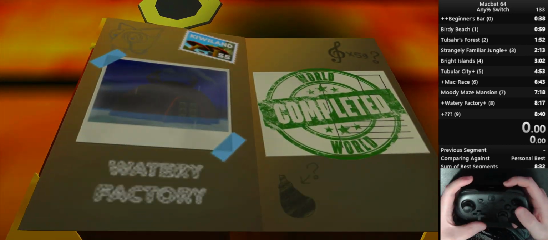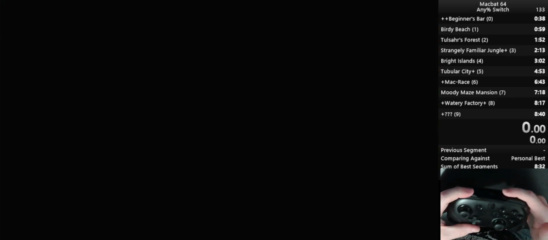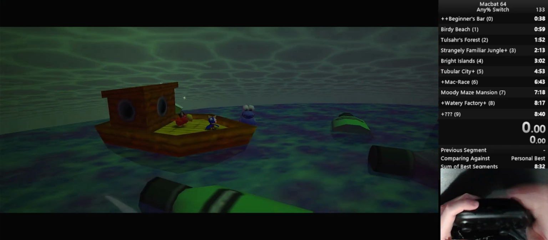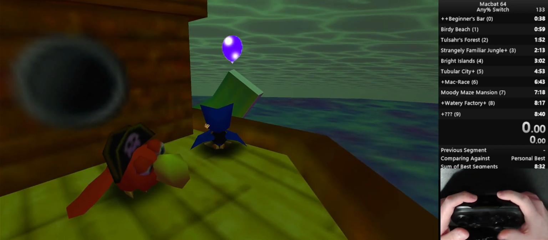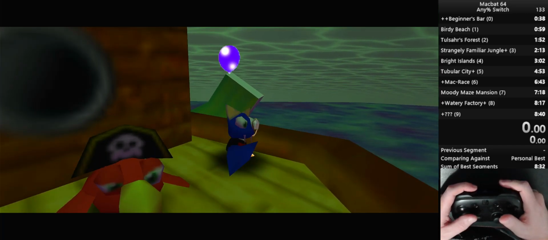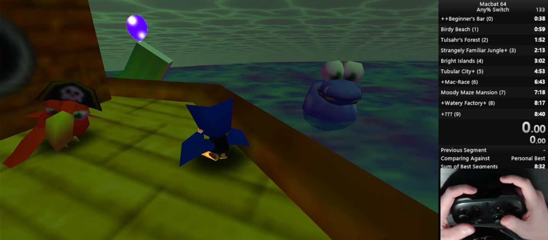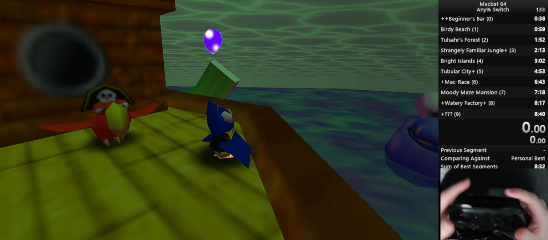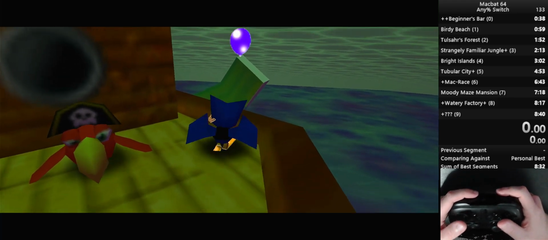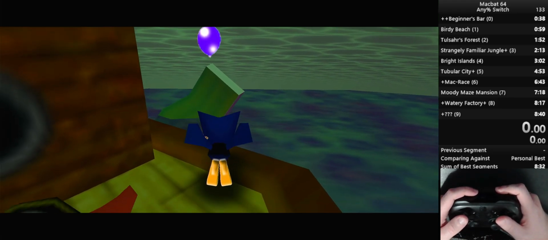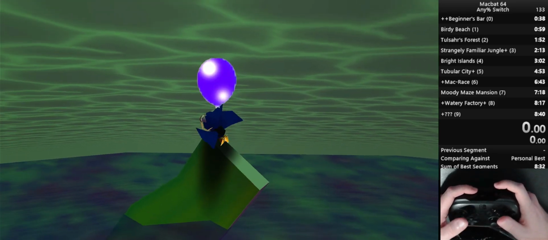Alright, next up we have the watery factory level. Hold start when you come in, and then I hold R2 and A and up left, so the camera goes behind Macbat. Basically, if you're holding R2, the camera will come behind you at all times. And normally that button is on L2, but I've remapped it to R2 for this run. So you want to basically hold A, R2 and up left, do a single jump up to this chair here,